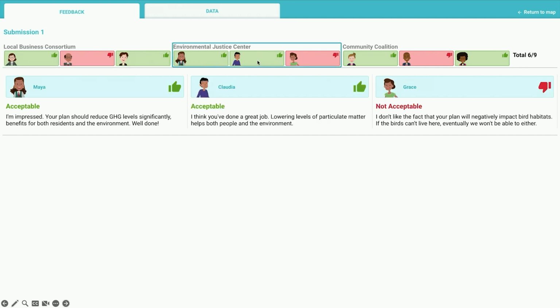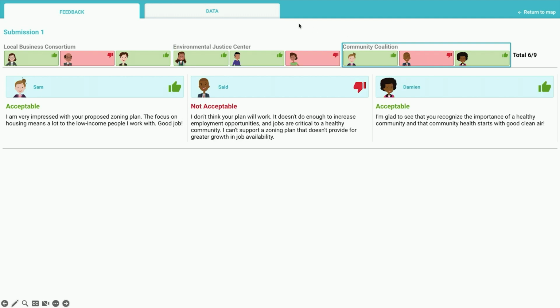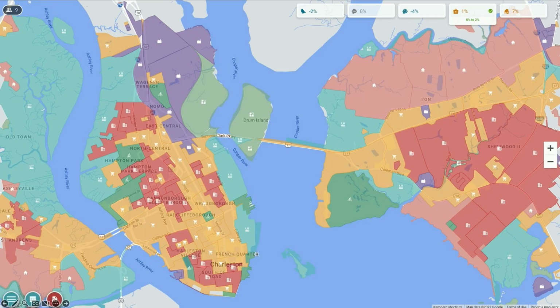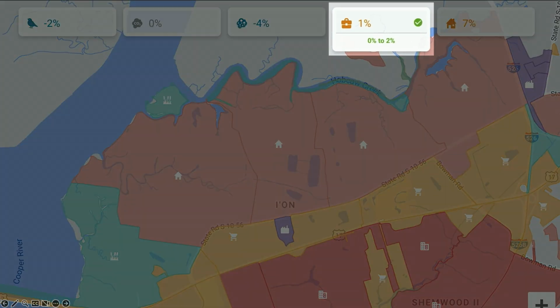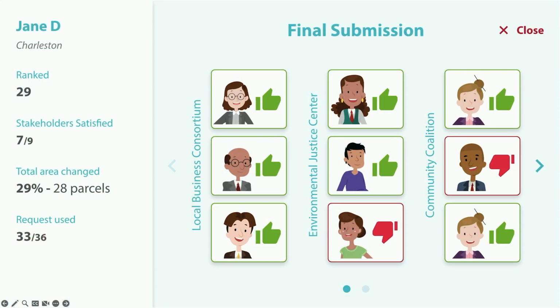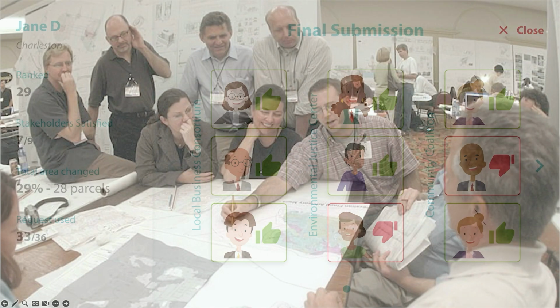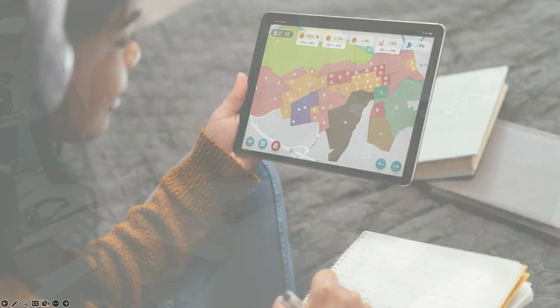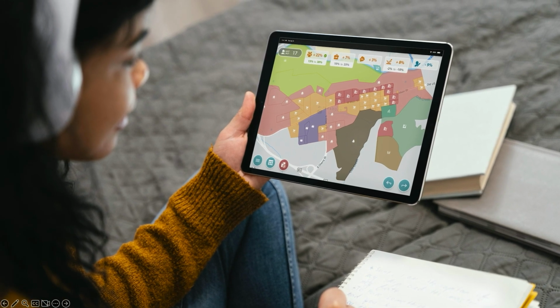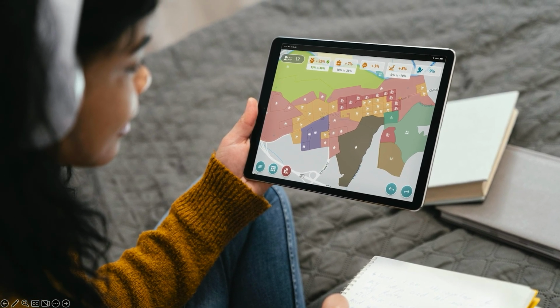Stakeholders have different and sometimes conflicting interests, so players are challenged to develop plans that satisfy as many people as possible. To determine how much change each stakeholder wants, players submit different proposals to identify more precise targets for community improvement. Players submit a final proposal when they think they have addressed as many stakeholder concerns as possible. iPlan brings real-world planning practices to mobile devices, allowing players to solve complex land use problems in their own neighborhoods or anywhere in the contiguous United States.